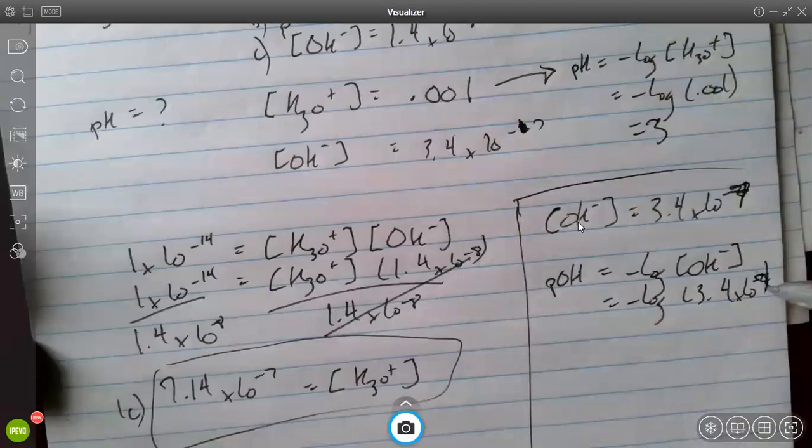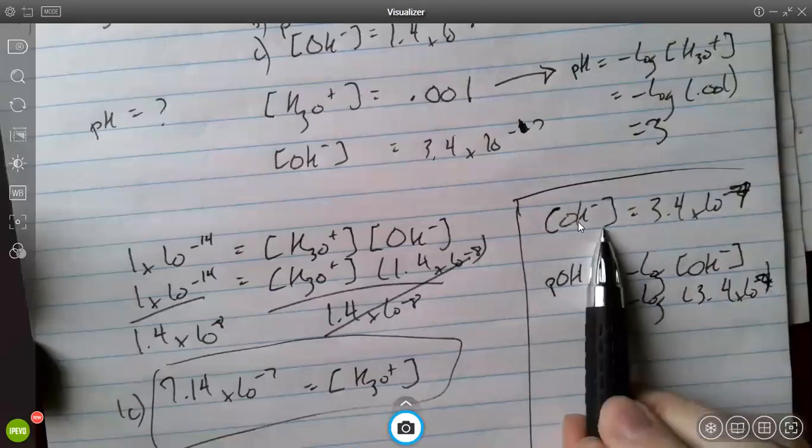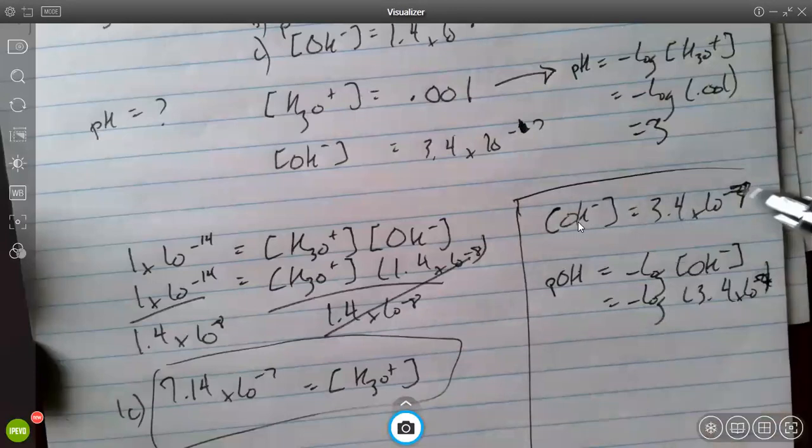So we'll start with the concentration of hydroxide ions is 3.4 times 10 to the negative 7. If we plug that into our calculator, so negative log 3.4 times 10 to the negative 7, you'll get